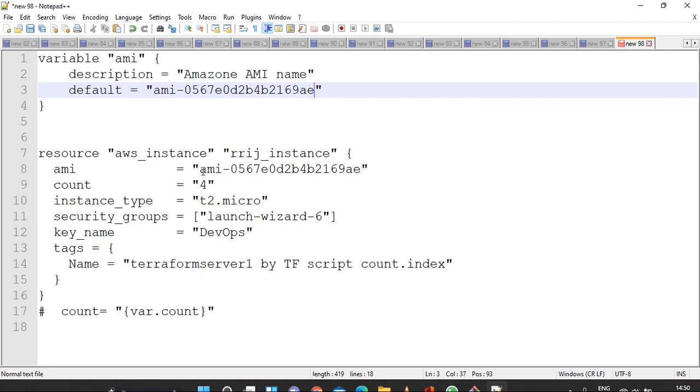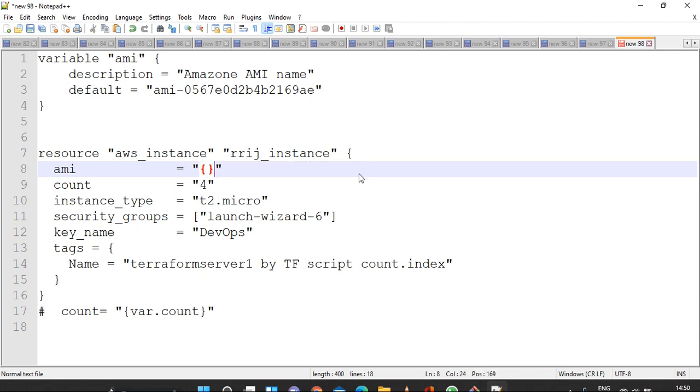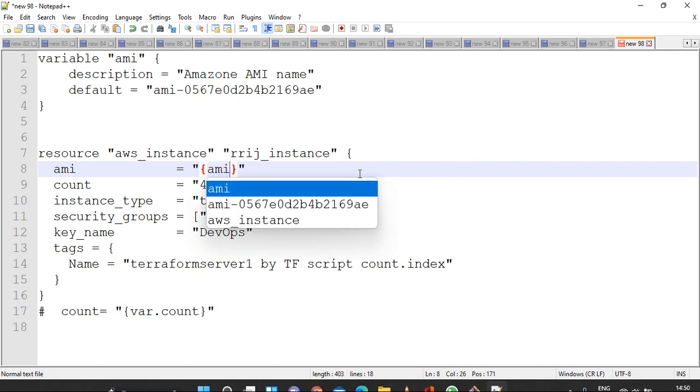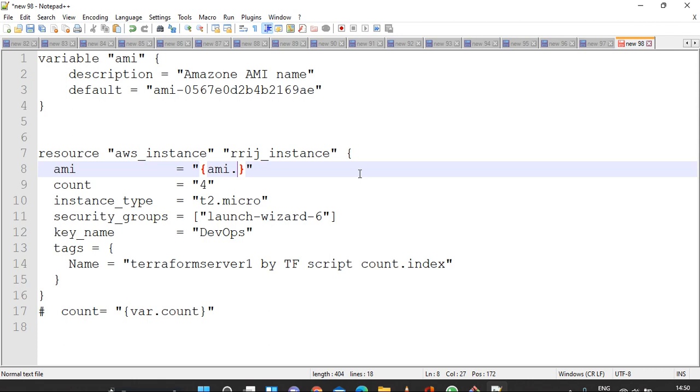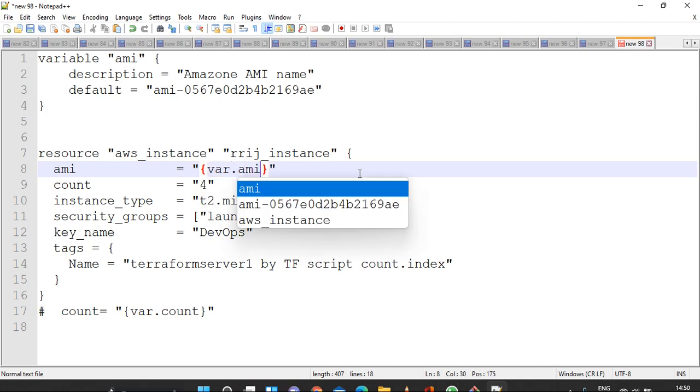So here you will have to write braces and write var.ami.